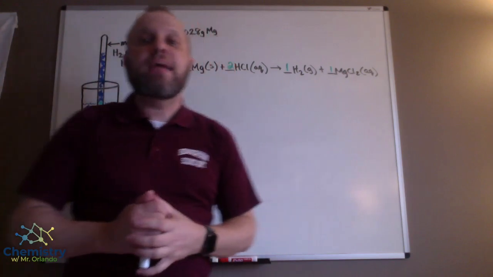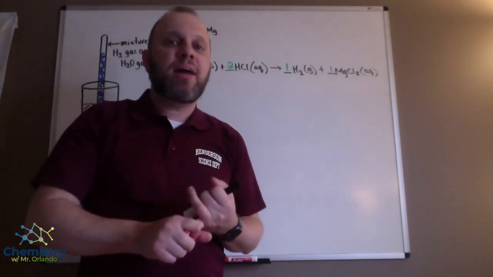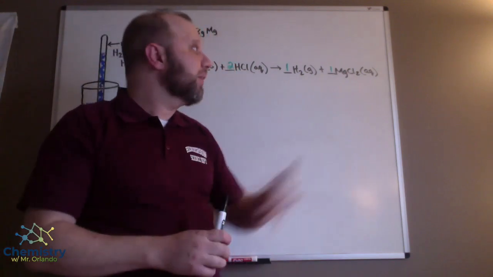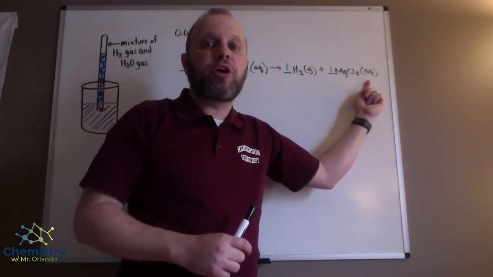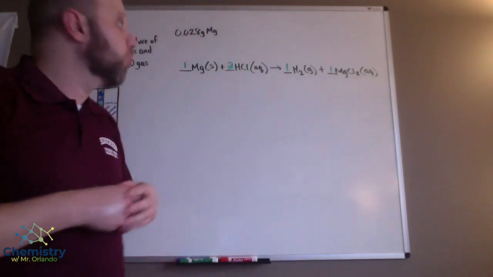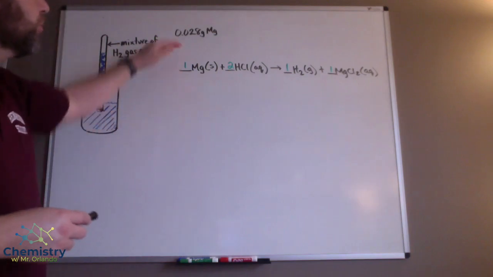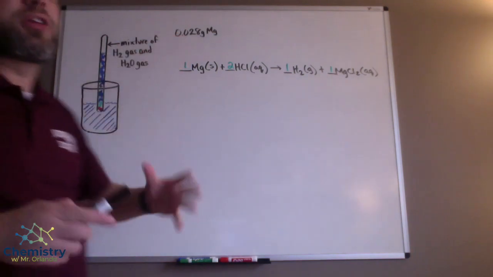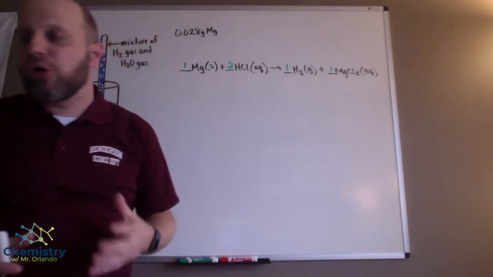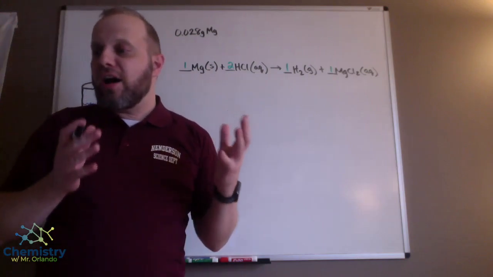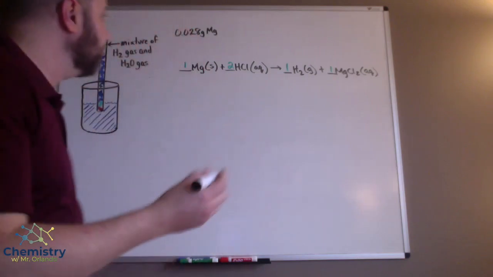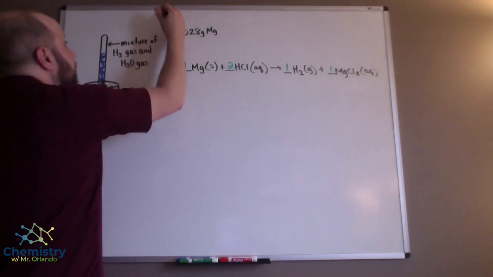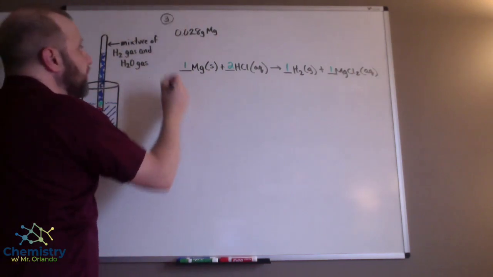And then finally, MgCl2, an ionic compound. When it's in water, it's aqueous, and it has a halide in it, which also tells us that it's aqueous when it's in water. So using these 2 pieces of information, let's go ahead and calculate our theoretical moles of hydrogen, which is what question number 3 is asking us for. So I'm going to write question 3 up here. We're going to start off with